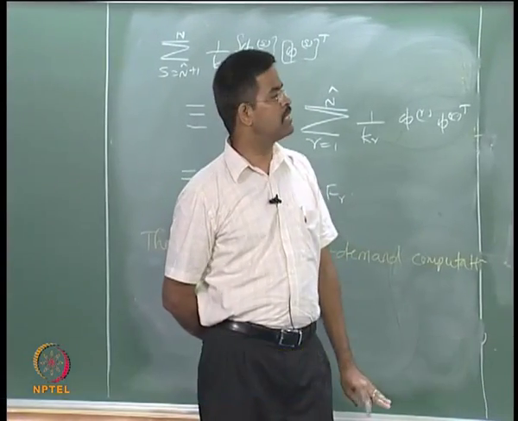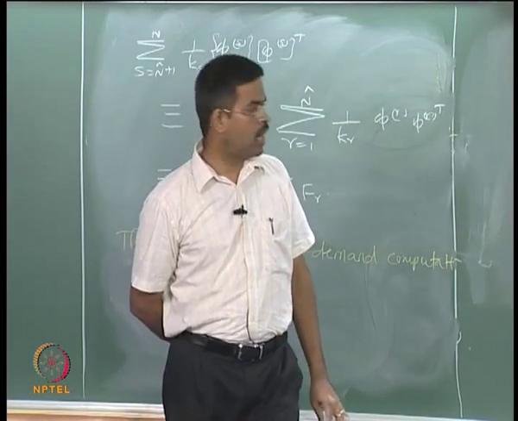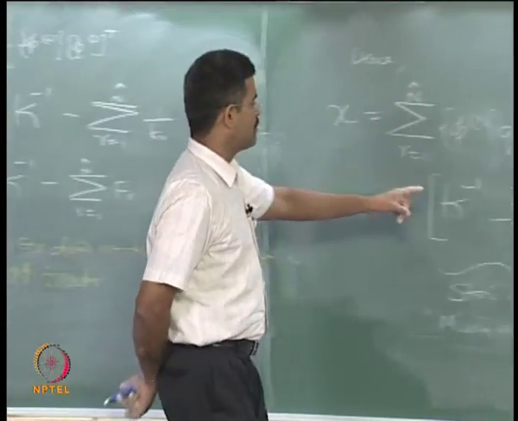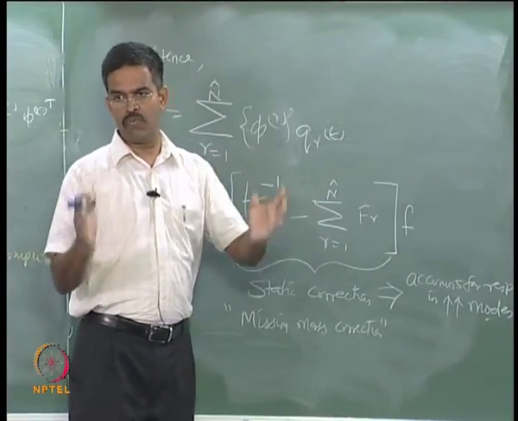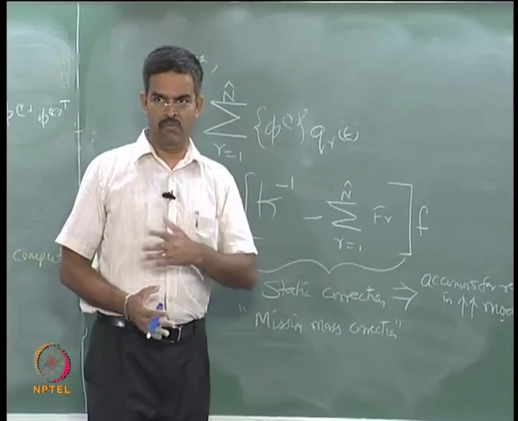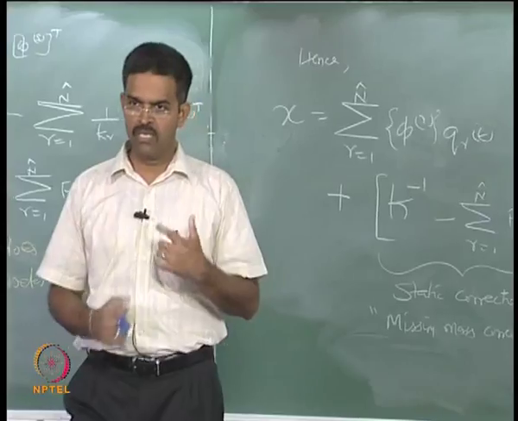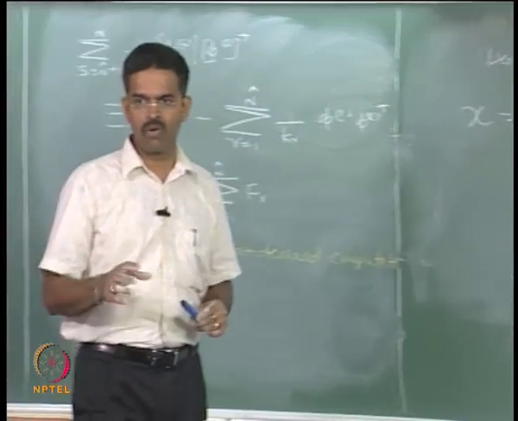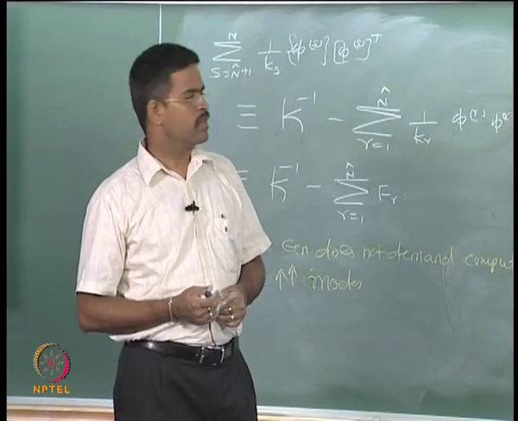So, in the next class we will take up an example and see how the truncation of modes can be applied for, let us say, a 4-degree freedom system problem. Do you have to take all the 4 or only 2 or only 1? We will see by demonstrating this in 2 examples. Okay. That is the focus in the next class. Any questions here?